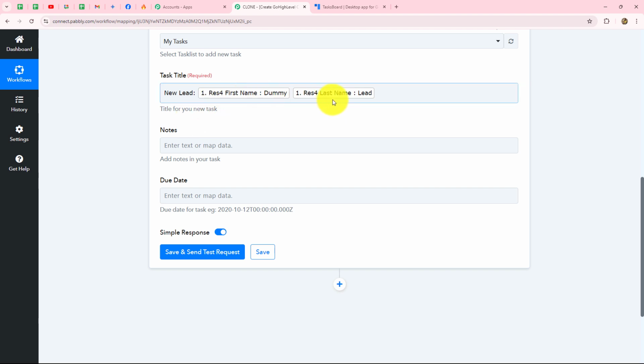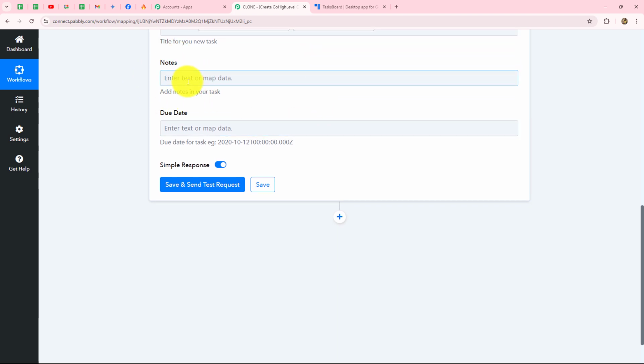That means with each and every new response, automatically it is going to replace. So whenever a new lead will be received in my case from Facebook lead ads, because I've mapped the name of the lead, it is going to replace, and in this way I'm going to automate the entire process. But the data which I've entered manually, let's say here I've entered new lead manually as my task title, it is going to be the same each time because it has become static. So every time a new lead will be received, automatically new lead will be in the task title, but the name of the lead is going to replace. Then we are going to move forward.